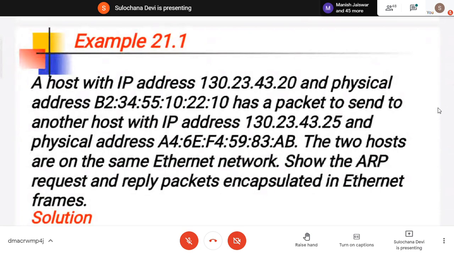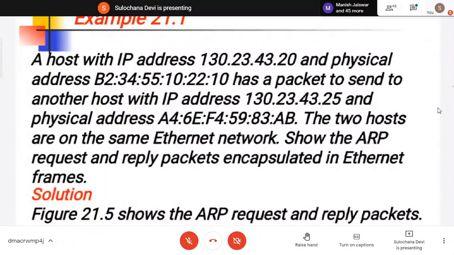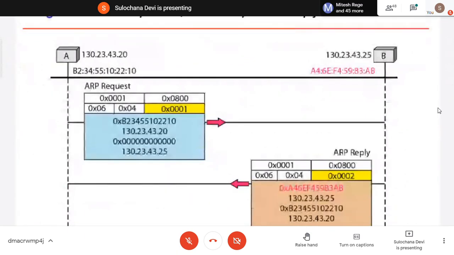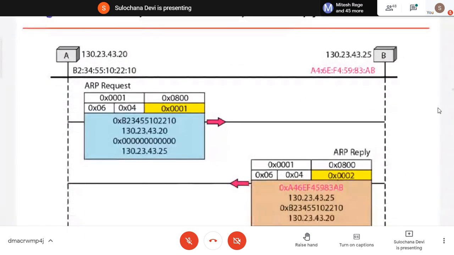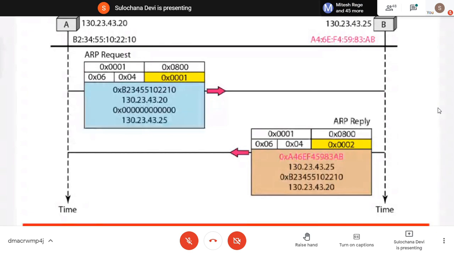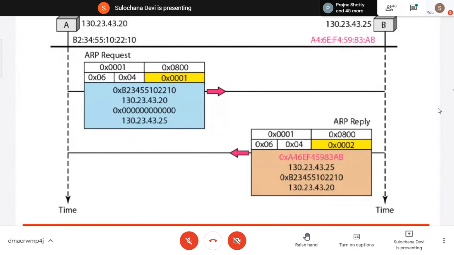So this is just an example, and this is how the packet is prepared. ARP request: this machine wants to know the MAC address for this IP. This is the Ethernet MAC address it is using, so a 6 byte MAC address, 4 byte IPv4 address. It is a request. So it is sending that this is my MAC address, this is my IP. The destination MAC address it doesn't know, so it will put all zeros, and the destination IP. It will broadcast, and this is how B will reply.